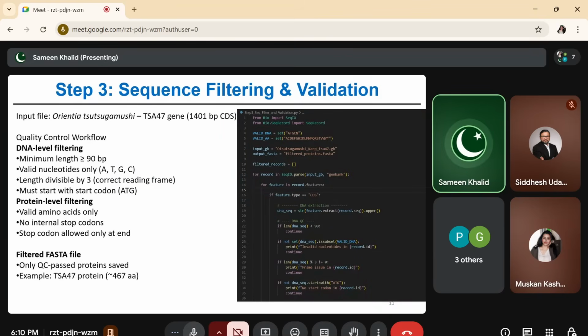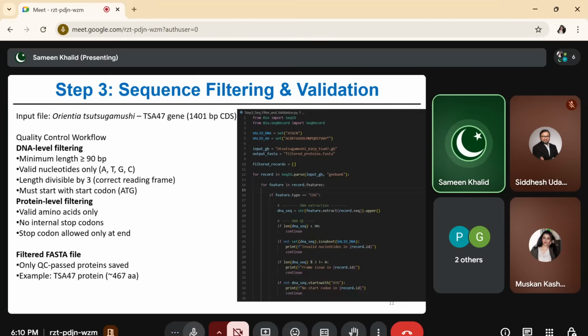So basically, in this pipeline, we performed sequence filtering. In this step, the sequence filtering and validation, the main purpose was quality control. So basically, we initiated that by firstly extracting the CDS regions from the GenBank file using Biopython, and at